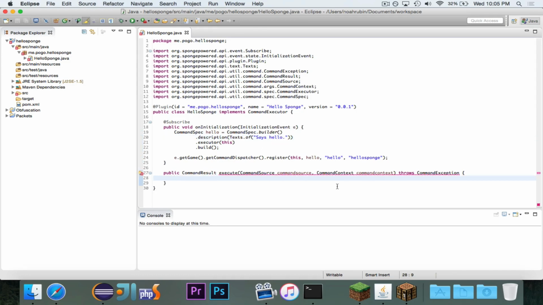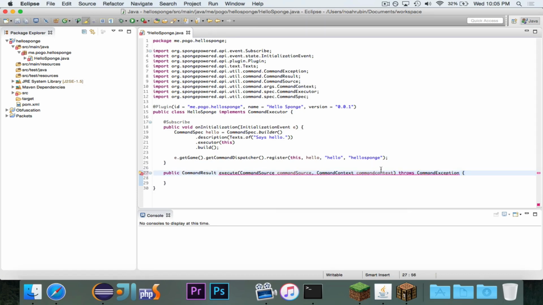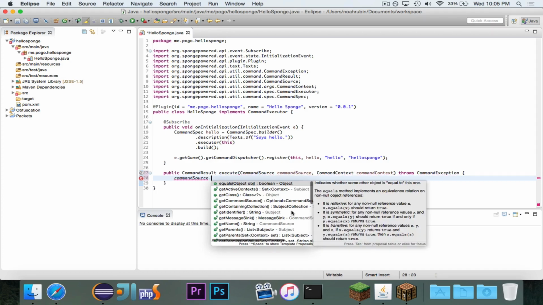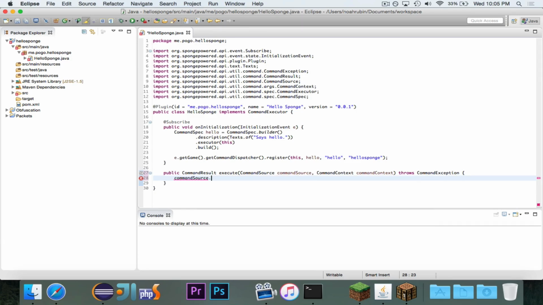So here you'll see you get two things. I just want to rename these in camel case: command source and command context. So command source is like the sender, the command sender in Bukkit, and you'll see it has a bunch of things in here: the name, the permissions if it has a permission, and then of course sending a message, which we're going to do.